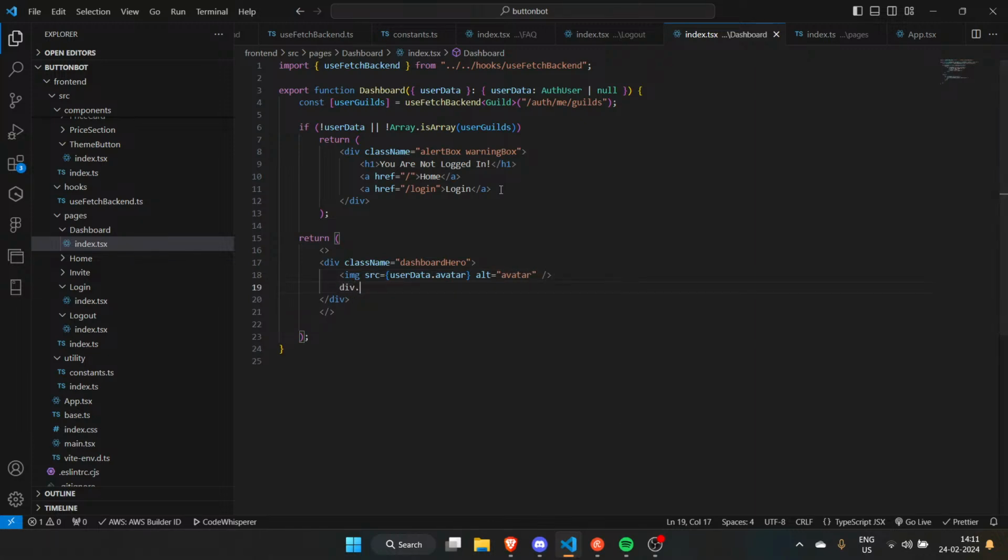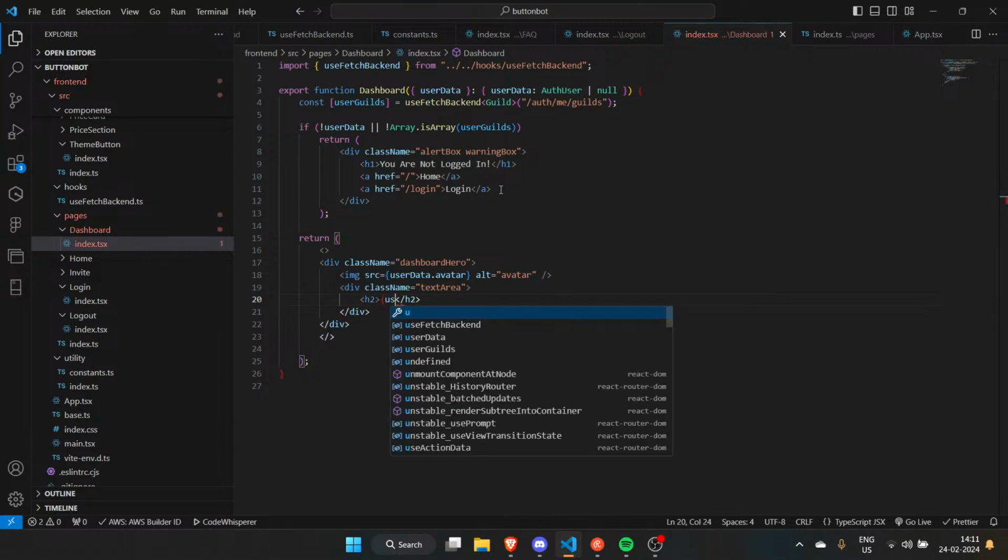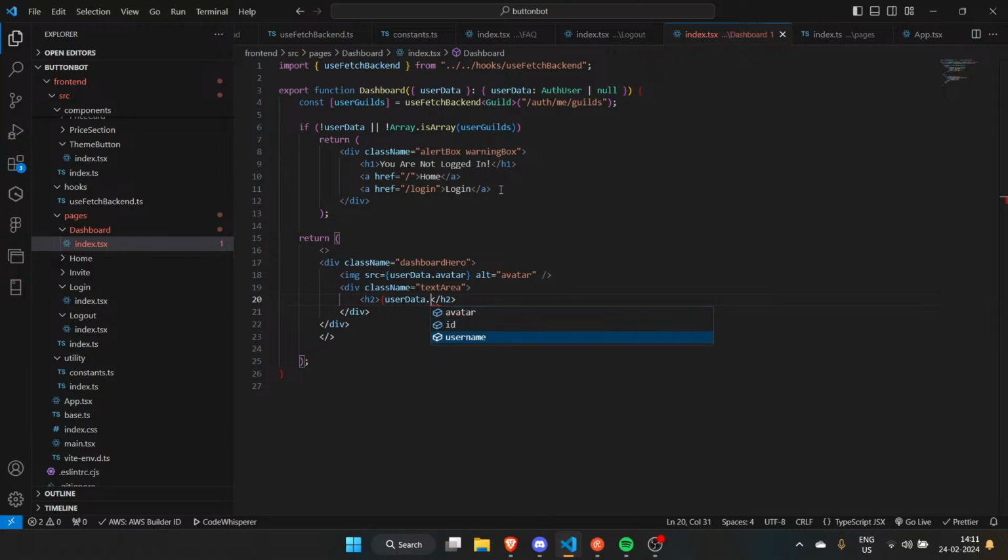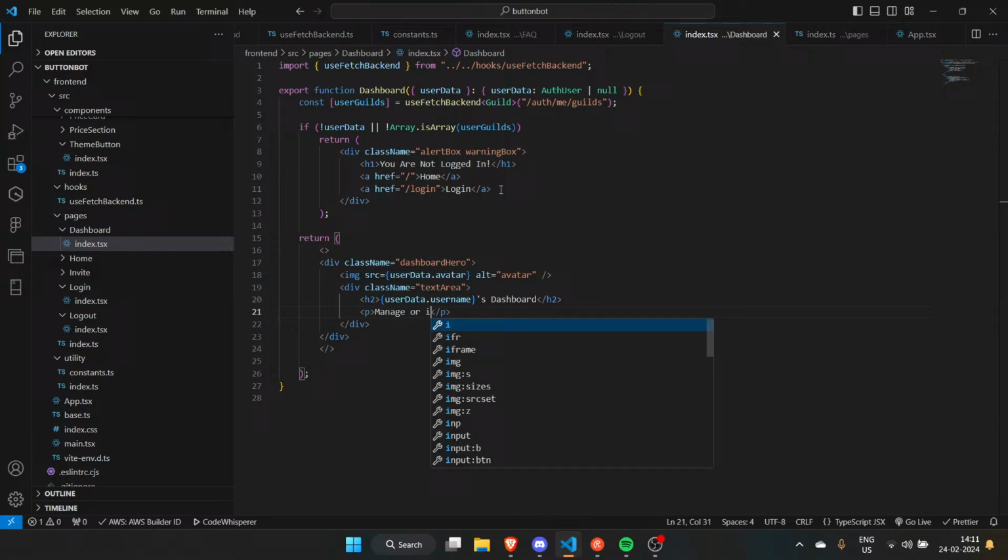Then we have div dot text area, in which first of all we need to have an h2, which will be user data dot username's dashboard. Then we need to have a p: manage connected Discord servers below.